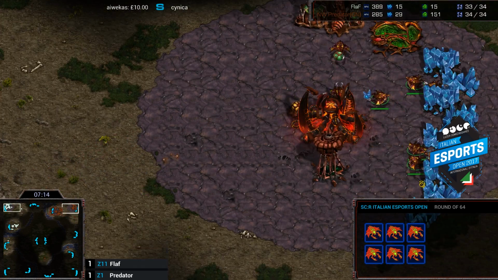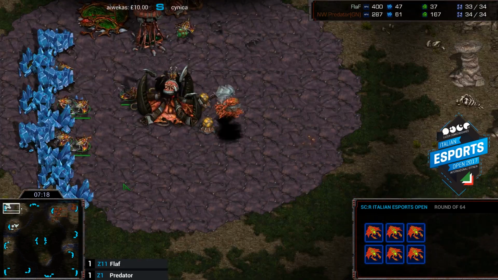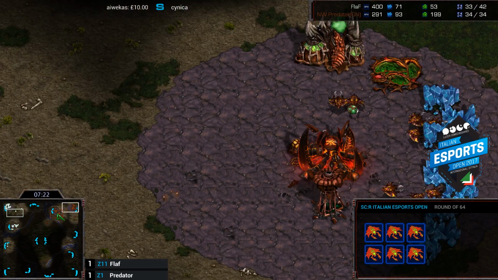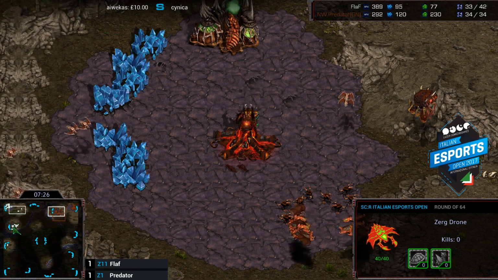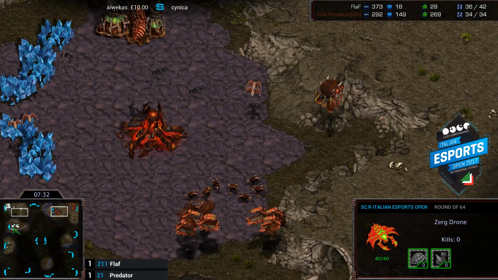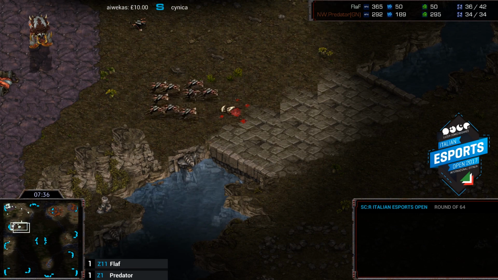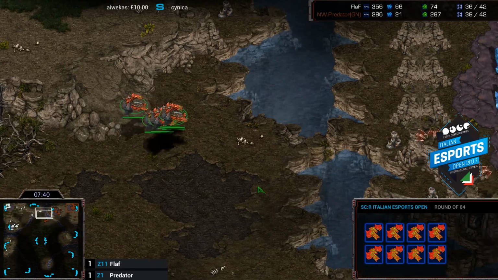All right, let me see. So 6 drones now here on the minerals versus 6 drones, and I assume there's 3 on both gases. Looks like there are, so still the same drone counts. Actually, there's 1 extra drone though for Predator at the bottom that is not present for FlaF. So it seems that Predator has a 1 drone advantage. Again, in other matchups it would be very silly to talk about 1 worker differences, but